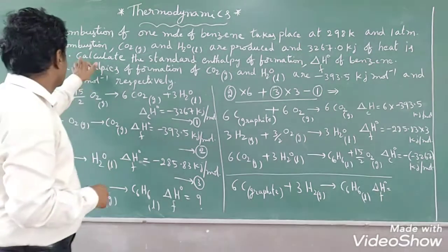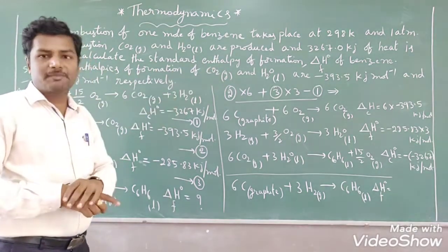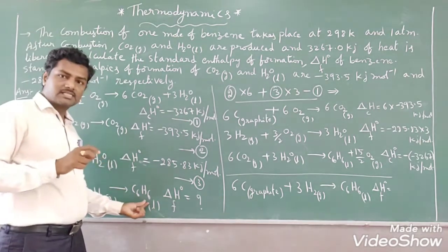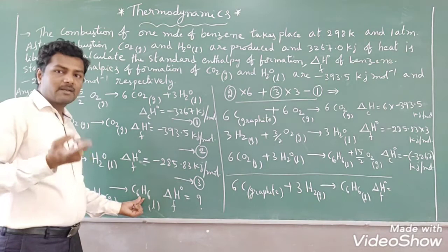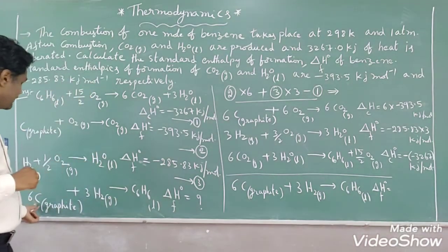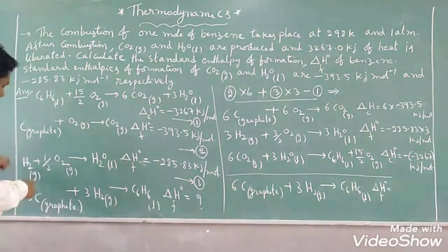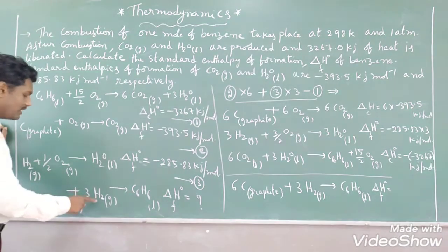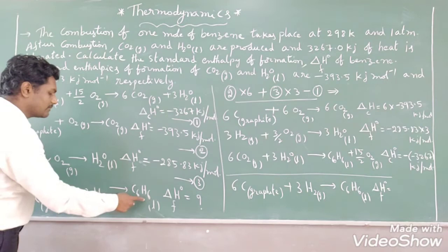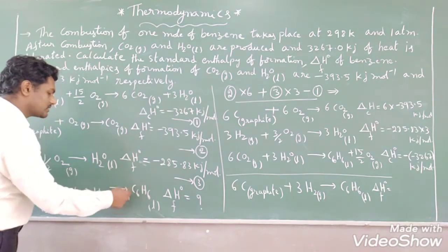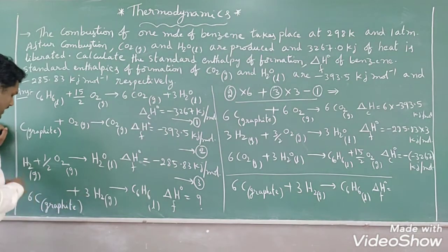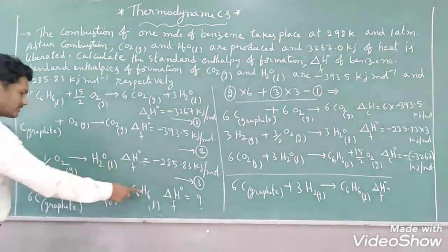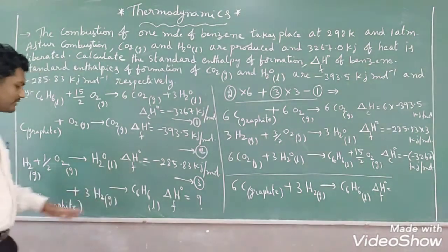Now what is the question? Calculate the standard enthalpy of formation of benzene. The benzene formula is C6H6. What elements are present in it? Carbon and hydrogen, right? So take carbon and hydrogen in their elementary forms. The most common physical state of carbon and hydrogen we have to take. The most common allotropic form of carbon is graphite here, so that standard state we have put in brackets. Hydrogen is in gaseous state, and formation of 1 mole of C6H6. According to this product, you should balance the reactants also. So 6 carbons are there, 6 carbons I have taken, 6 hydrogens, 3 H2 are 6. So it is balanced now.